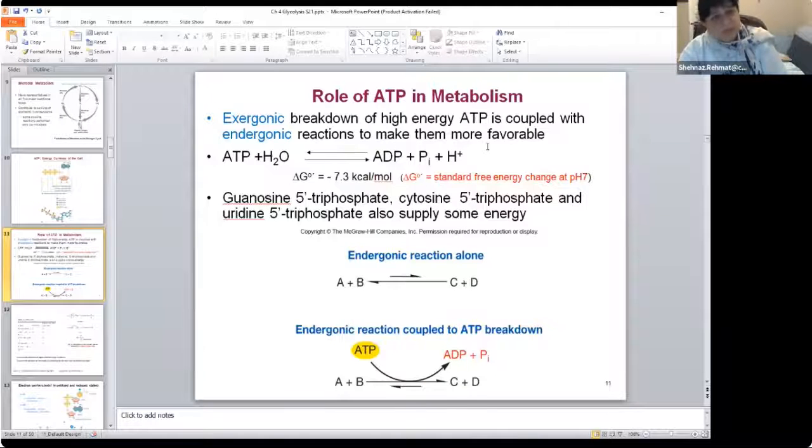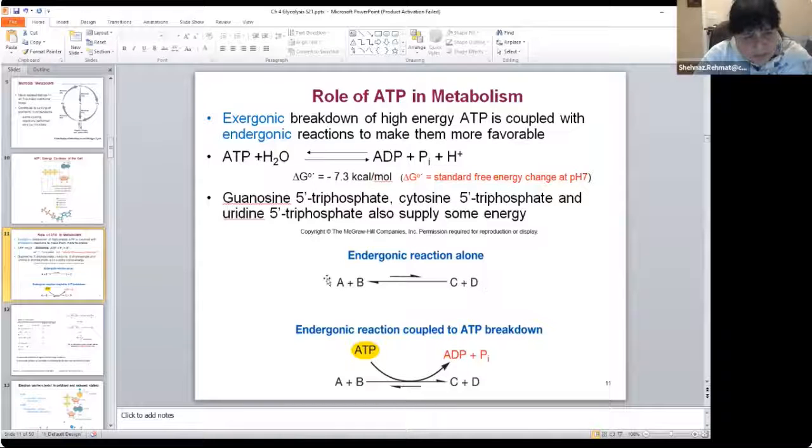So what is the role of ATP in metabolism? The reactions are categorized as exergonic or endergonic. Exergonic is when you break down the ATP, coupling of the ATP, and give energy to another reaction. Exergonic reaction, breakdown to produce energy. Endergonic is when you take in energy to produce. So these exergonic and endergonic reactions are tied together, where ATP or GTP will be providing the energy to run some